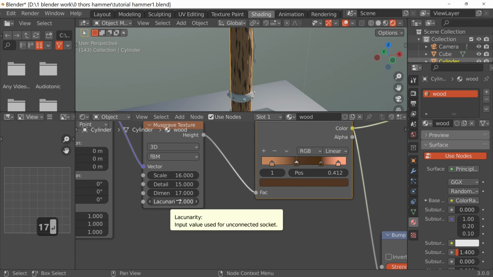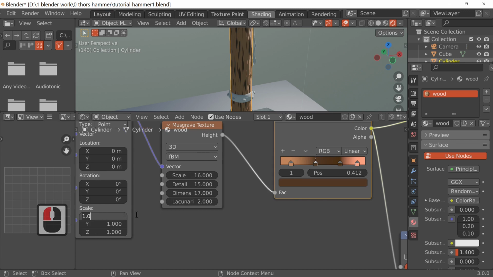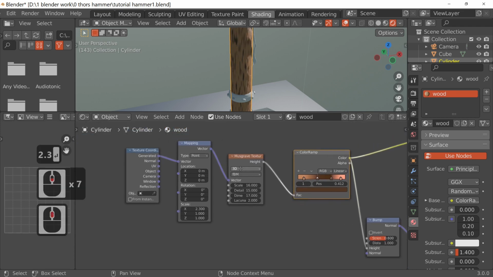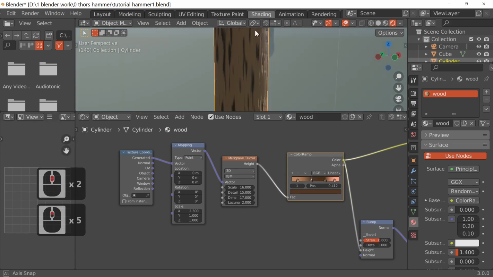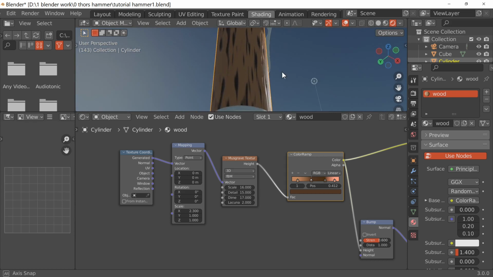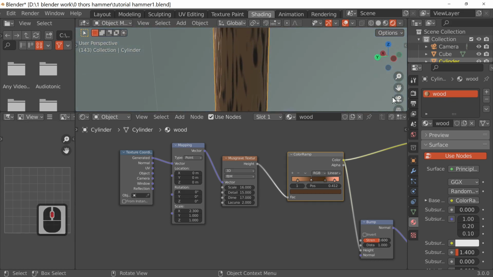And I'll leave that where it is. Also here in the actual scale, I'm just going to change that to 2.3. And as you can see, I'm making a bit of a cartoon wood. Won't be very comfortable in your hand.